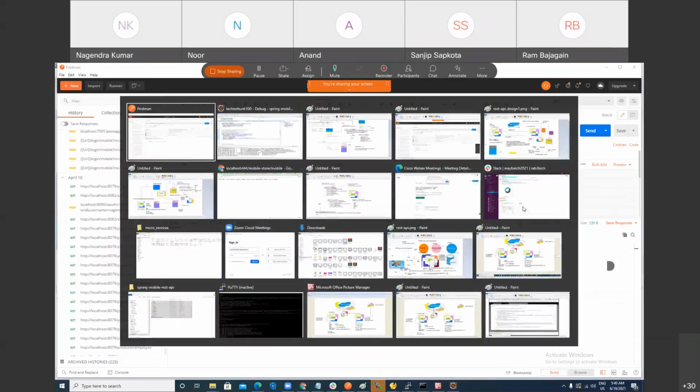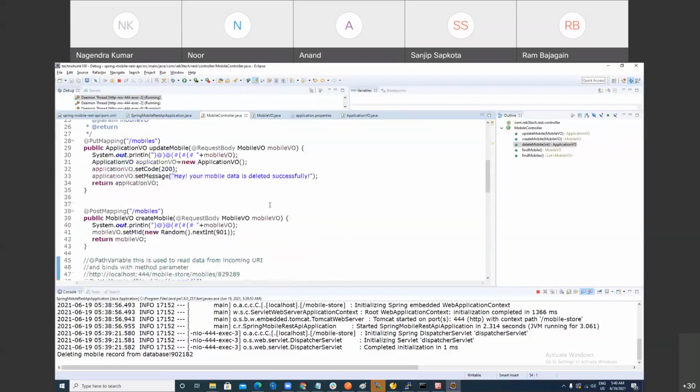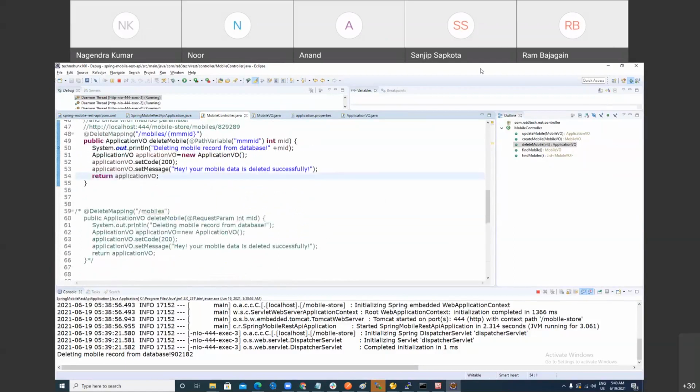Guys, you are not replying. Do you understand this much? Okay, until this one. So guys, I'm not planning to teach anything else. If you know this much, you can do anything in the REST API. If you want, you can note down somewhere what I said: if you know this much, you can design the REST API. So what I'm going to do in the next session is,